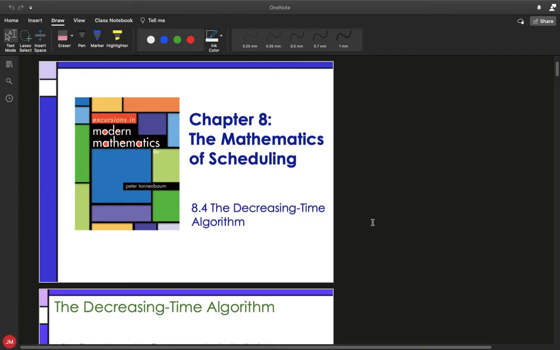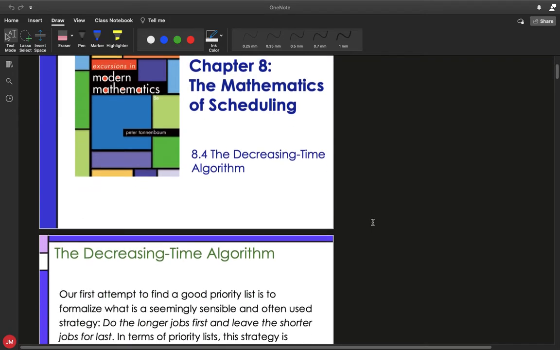Alright guys, so in 8.4 we're going to take a look at our first algorithm that we're going to use in order to set up a priority list so that we can go ahead and make a schedule. In fact, we're going to look at one of the potential solutions for that Martian habitat unit that we've been talking about building for the last few sections. In fact, we're only going to really look at two different algorithms. We've got what's called the decreasing time algorithm, and then in 8.5 we'll talk about what's called the critical paths